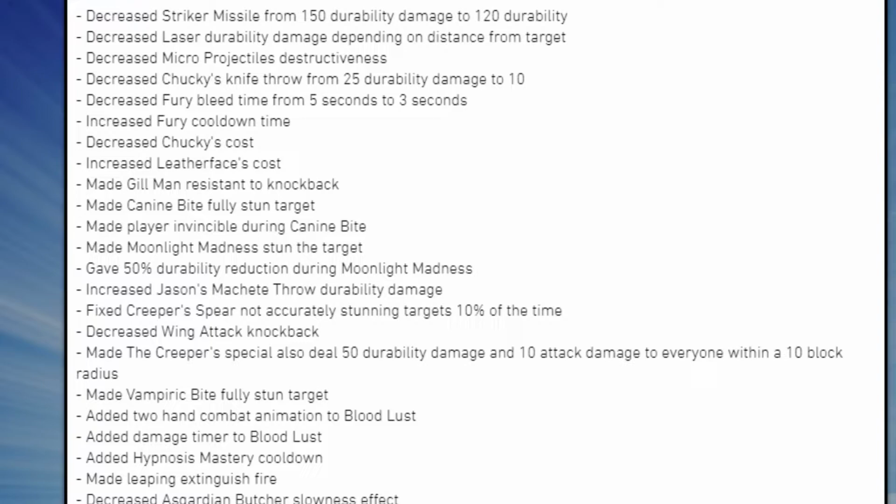from 25 durability damage to 10, decreased Fury bleed time from 5 seconds to 3 seconds, increased Fury cooldown time, decreased Chucky's cost, increased Leatherface cost, made Gilman resistant to knockback, made Canine Bite fully stun target, made player invincible during Canine Bite, made Moonlight Madness stun the target, gave 50% durability